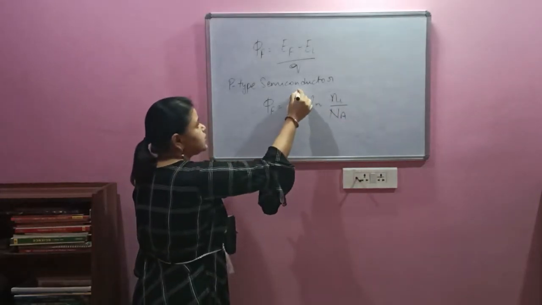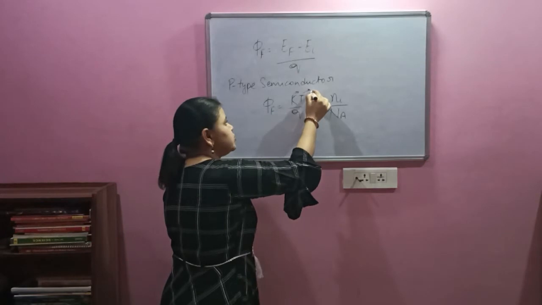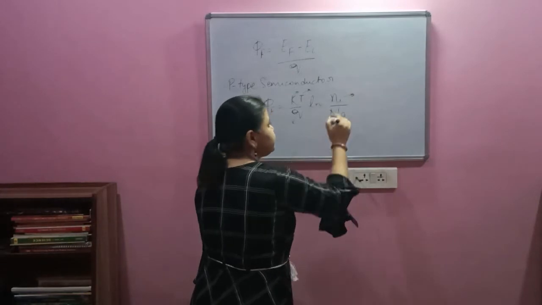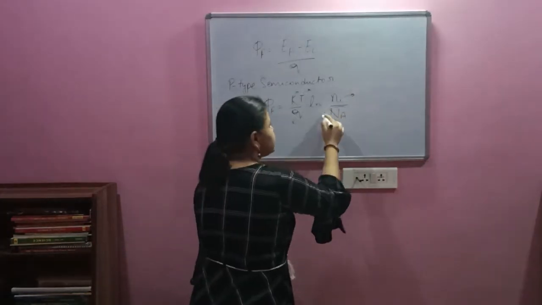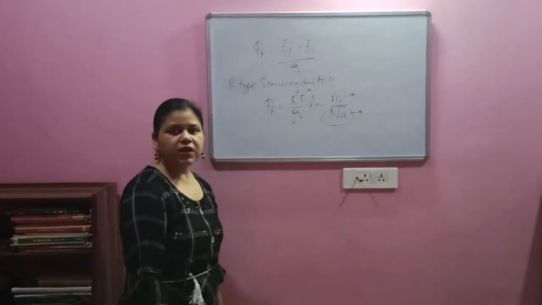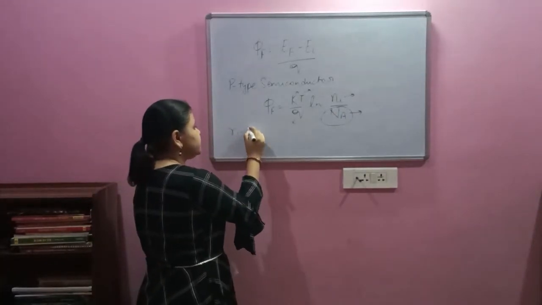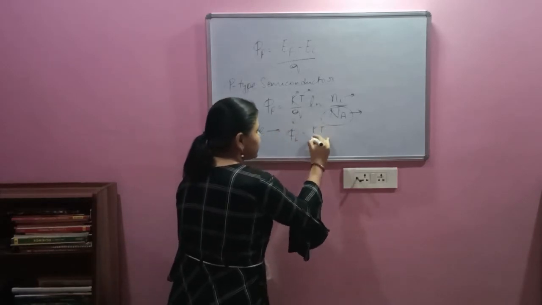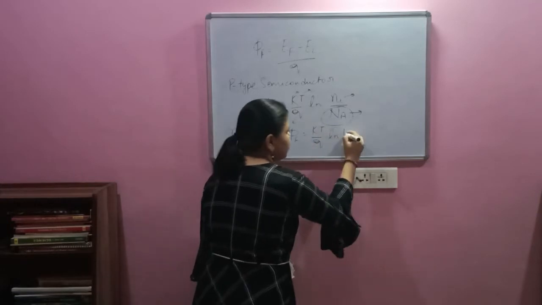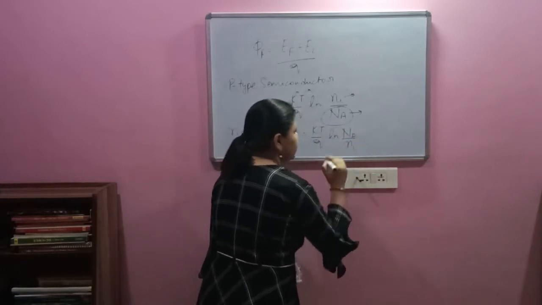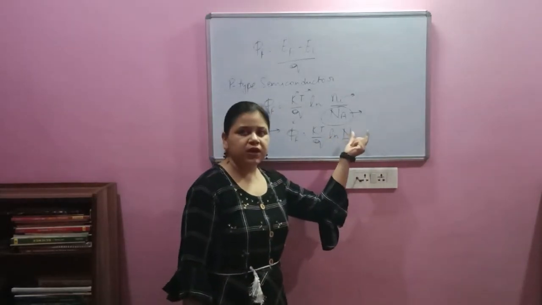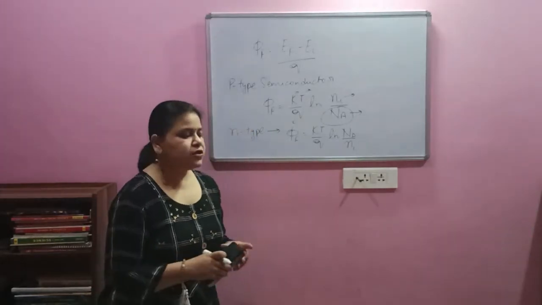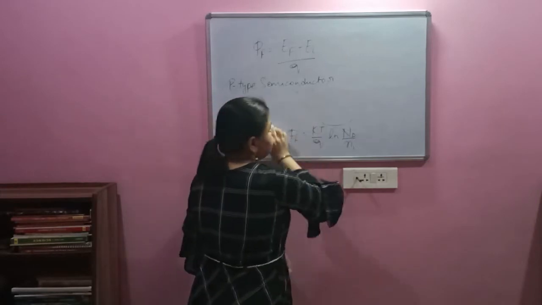Now this k over here is the Boltzmann constant, T is the absolute temperature, small q denotes the electronic charge, Ni is the intrinsic concentration, and Na is the acceptor atoms concentration. Now if I change it for the n-type semiconductor, this equation will change as kT by q natural log of Nd upon Ni, where Nd is the concentration of the donor atoms and Ni is again the intrinsic concentration. So this is how we denote the Fermi potential.